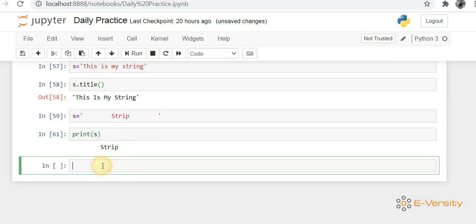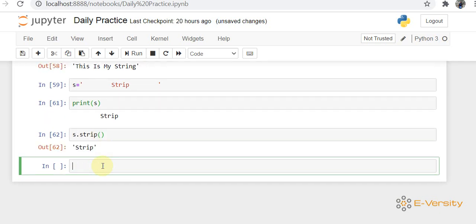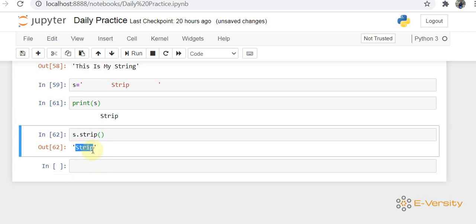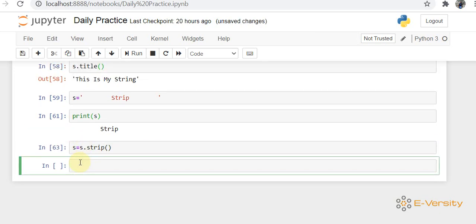I just want to delete them, so I can write s.strip. You can see the string is printed and there is no space before or after it. If you want to store it in the same variable, you can assign it back, and after that print s.